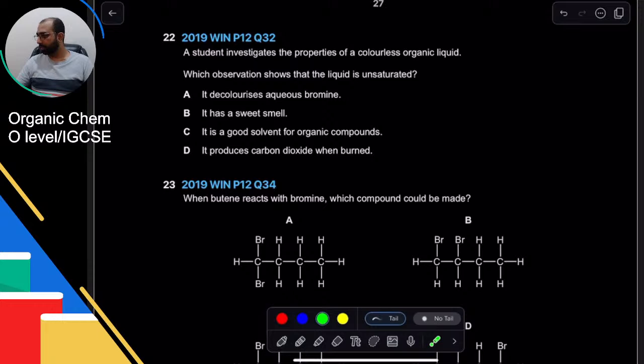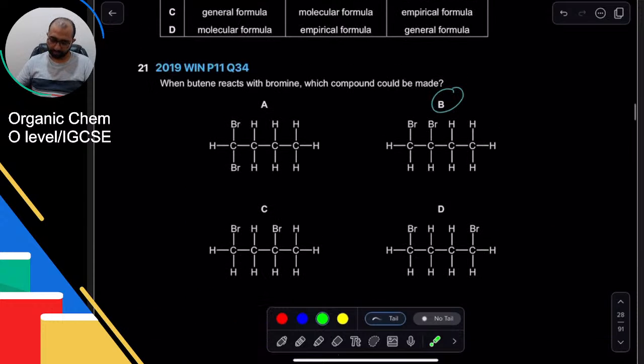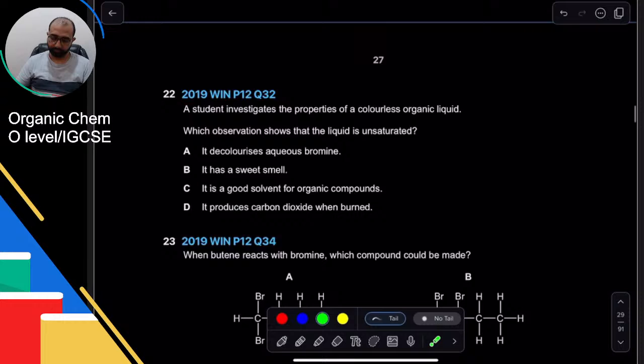Okay. Question is, why is this not C? Which one? 21? Let's see. It cannot be C because this carbon and this carbon, they can't have a double bond. Why? Because this carbon and this carbon, they are disconnected. उनके बीच में एक और है. They can't be connected through a double bond. So if the double bond did not exist, they cannot do addition and get bromine on first and third carbon.